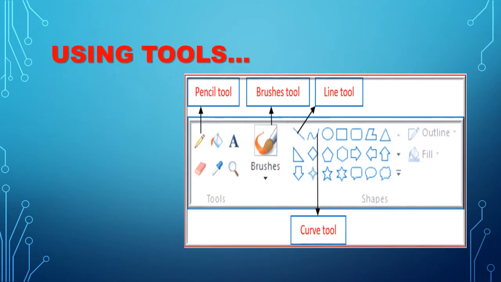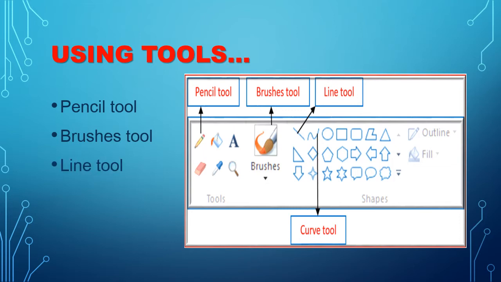In this Paint program we have some tools. By using the tools we can draw our picture, or we can construct anything correctly or neatly. The first tool is the pencil tool, the next is the brushes tool, and the third is the line tool.